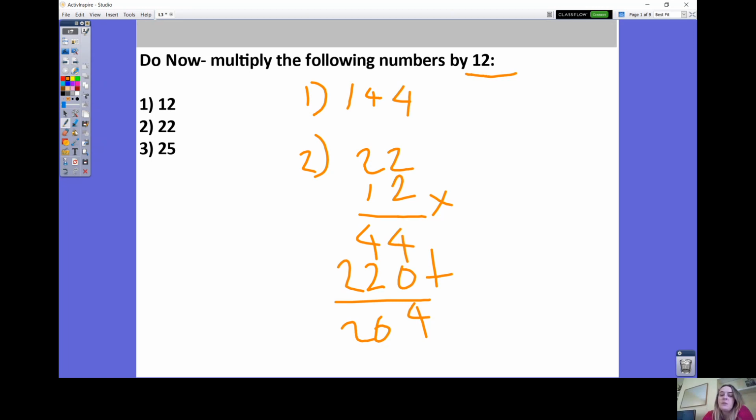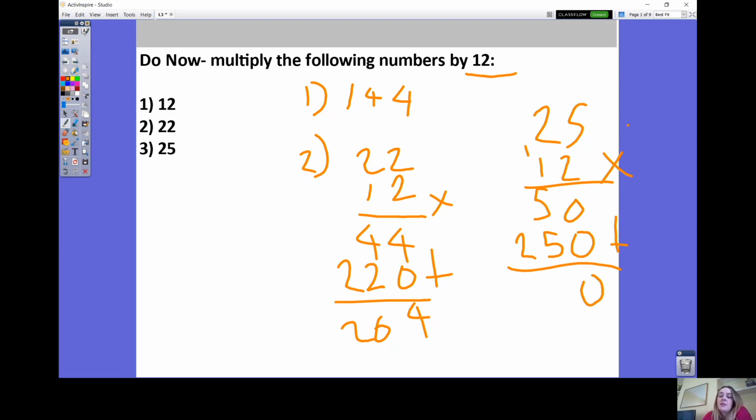264 for that one. And then for the third one, 25 multiplied by 12, starting on the right, so 5 multiplied by 2, it's 10 there, 2 by 2, 4 add 1 is 5, remembering 0, 1 by 5 is 5, 1 by 2 is 2, adding them together gives you 300. So again, hopefully this practices our multiplication ready for today's lesson, where we have to use multiplication and division for